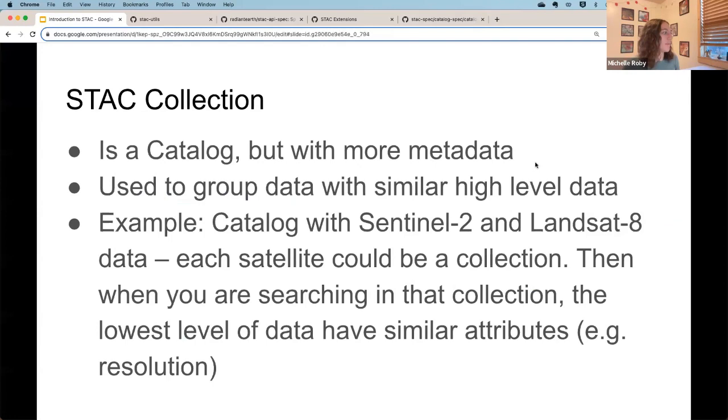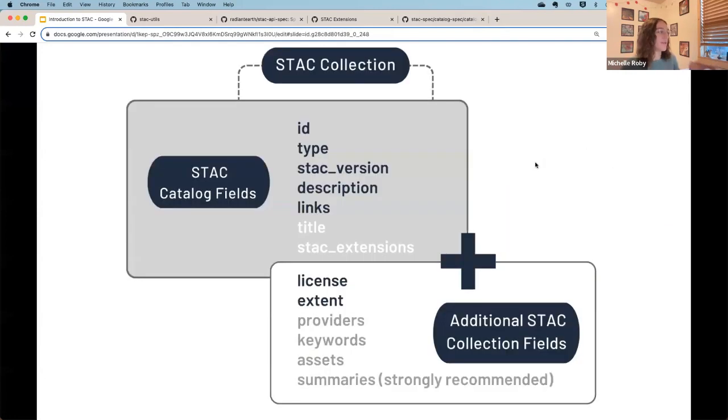So I'm just going to jump to this really quick. This graphic is the example, similar to the one that I just showed you for STAC catalog, but for STAC collection. So here we just looked at the one that was the STAC catalog fields. So this gray box is everything that a STAC catalog requires, which was, we talked about the ID, the type, the STAC version, description, links, and then the optional title and extensions.